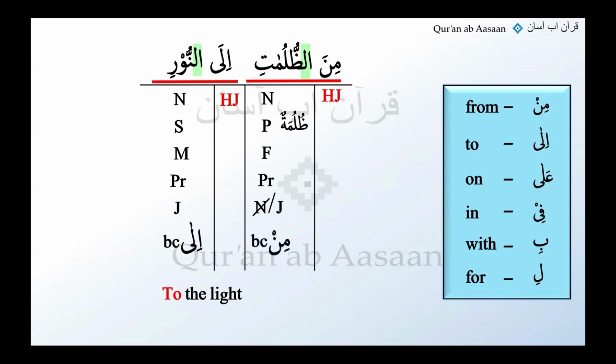So I want you to do the full translation. Read the whole thing and do the translation. From the darkness. Yeah, we're not going to forget the good. From the darkness. Okay, darknesses. I can see darknesses. We have done this before, all right? So yes, grammatically darknesses because it's plural, but in English, darkness is correct. From the darkness to the light. Beautiful. All right, well done.